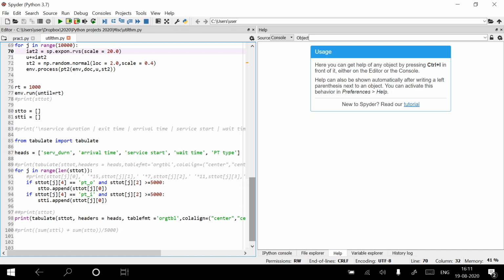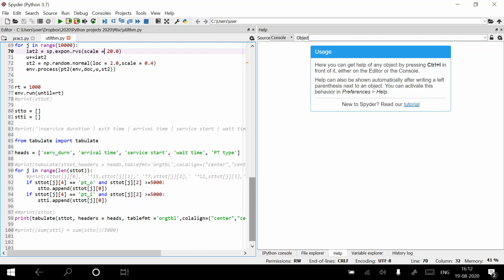So from the perspective of a patient, for example, I would want to know how much time on average I will have to wait if I come to this clinic. So the average waiting time is going to be of interest, just like when we saw in queuing systems, CTQ, the amount of time spent in the queue. So that is of interest. How much time in total do I spend at the clinic, including waiting time and service time? That is something of interest to me. CT, right? That is your CT.